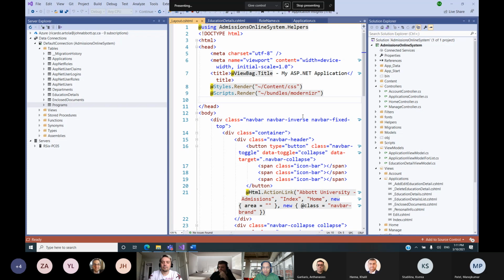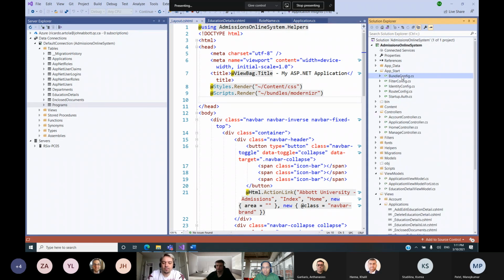For the scaffolding, it's not a problem to change the CSS framework or the CSS support. So where can we change the version of Bootstrap? In the bundle, yes, in the bundle there is